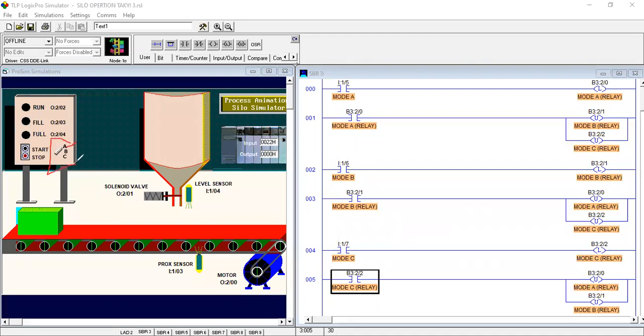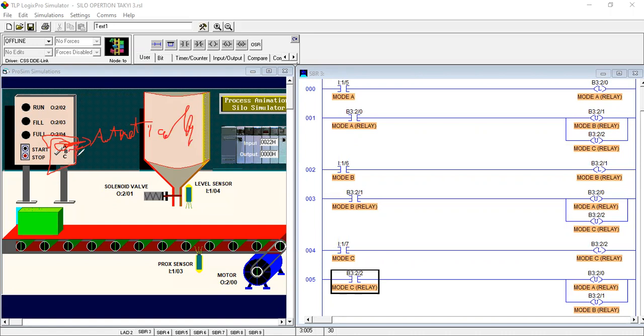First, this is the mode selection. A is indicated for automatic. When we set the A mode selection, it will work automatically.